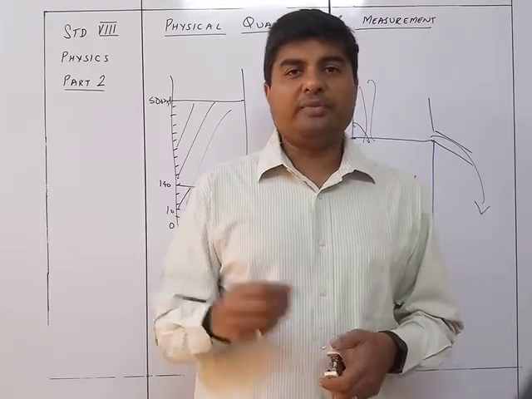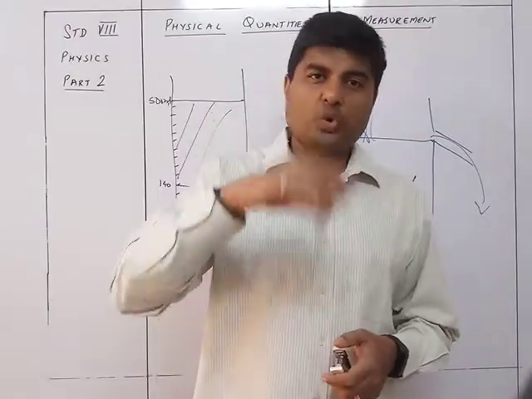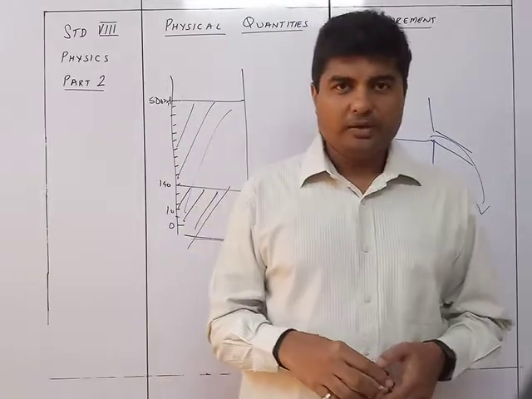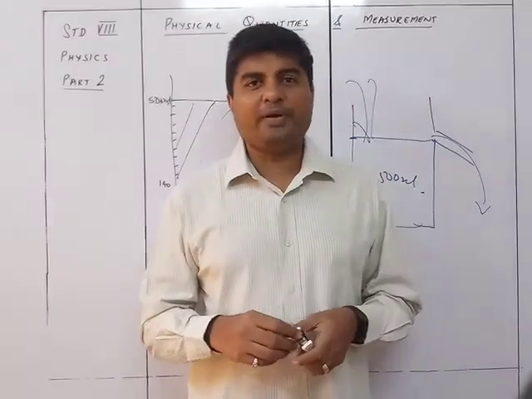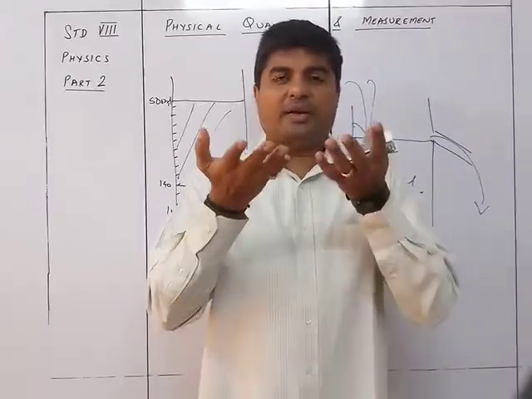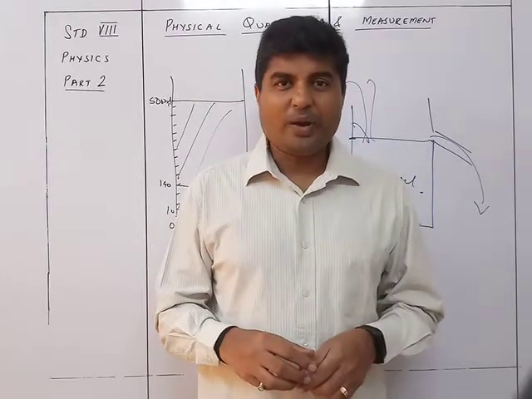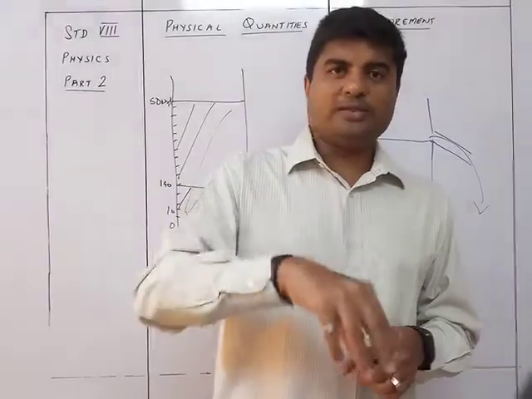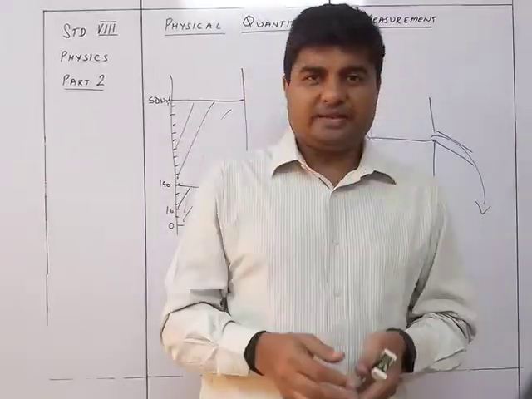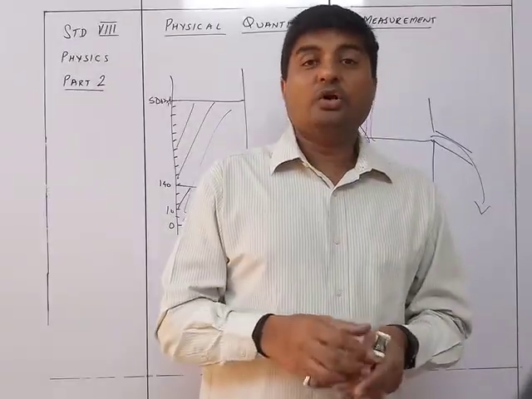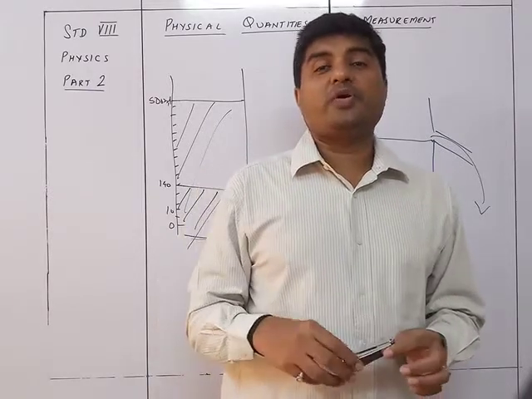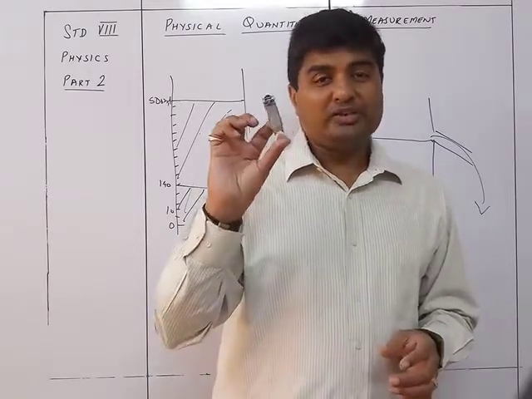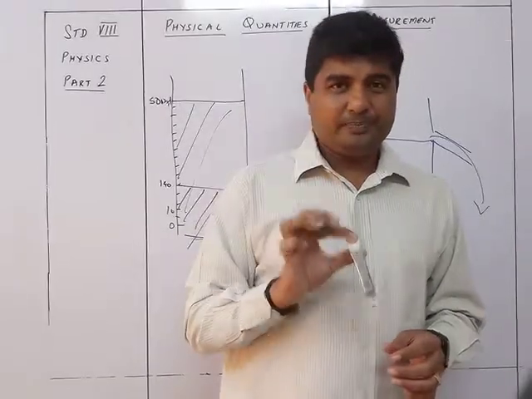And then it struck him that he could put some stones inside the pot. When he put the stones inside the pot, what happened? Slowly and steadily the water level kept on increasing. Why? Because as you put in the stone, the more stone goes inside, the more the water level rises. So that is the principle we are going to use in measuring the volume of the stapler.